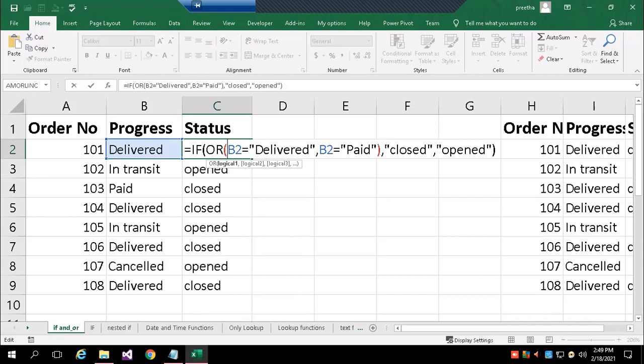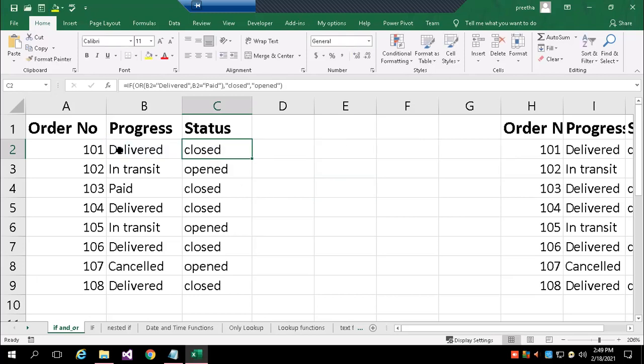So I have checked if B2 is delivered or it could be paid, it means the order is closed, the transaction has come to an end. Else, the order is still open. For a particular order number, I wanted to see the status. So if in column B the data is delivered or paid, then I want to write the message closed, or else I want to write the message opened.